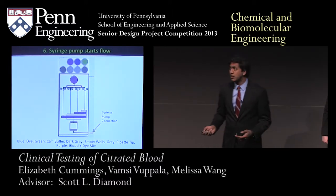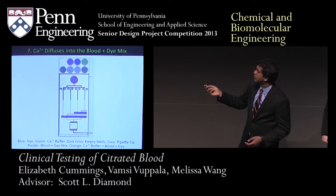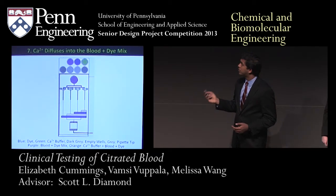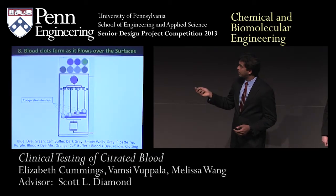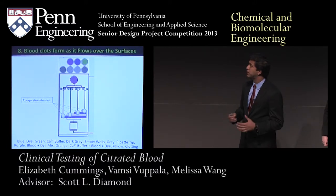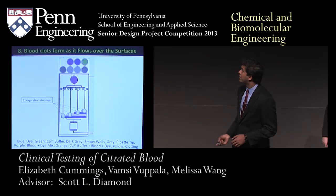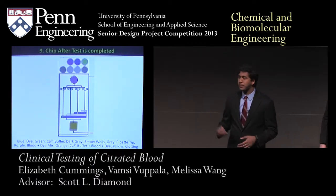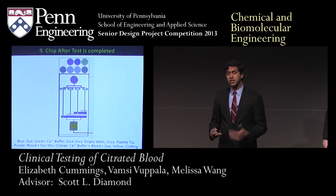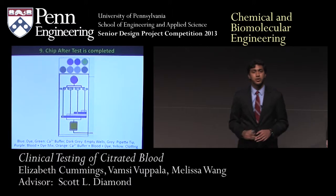And as the fluid flows, you're going to have recalcification occurring right here. And as recalcified blood passes over the surfaces, you'll have coagulation occurring. That's where the processing unit will image on our device. After the 5 minutes of runtime, the device is done. The doctor can dispose of the device in a biohazard bin, and the processing unit will read